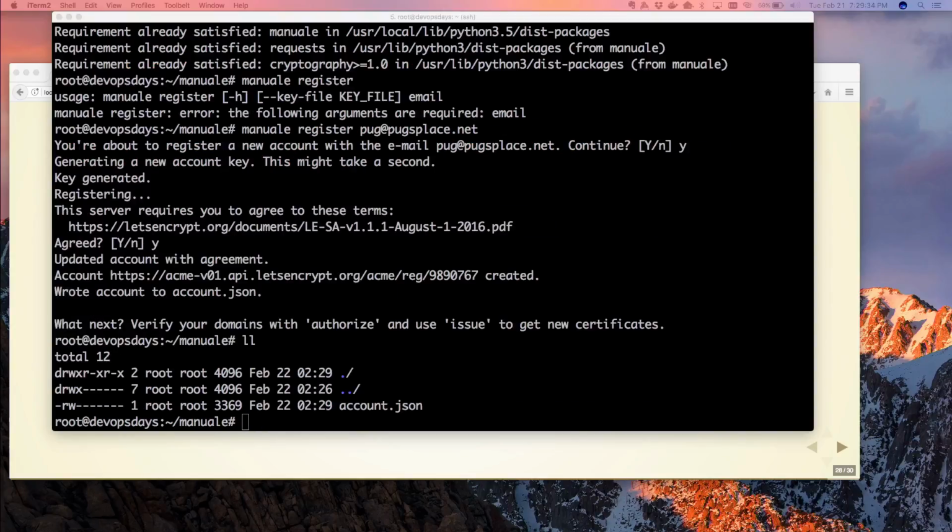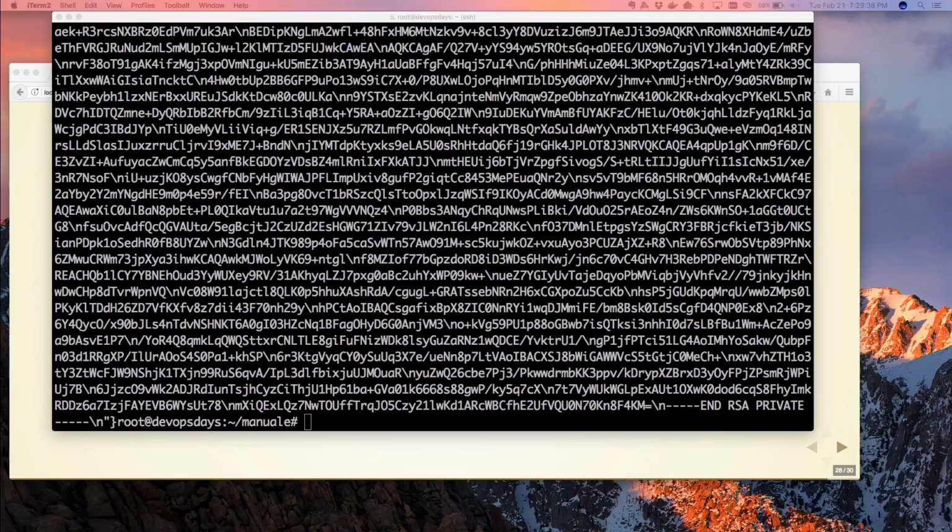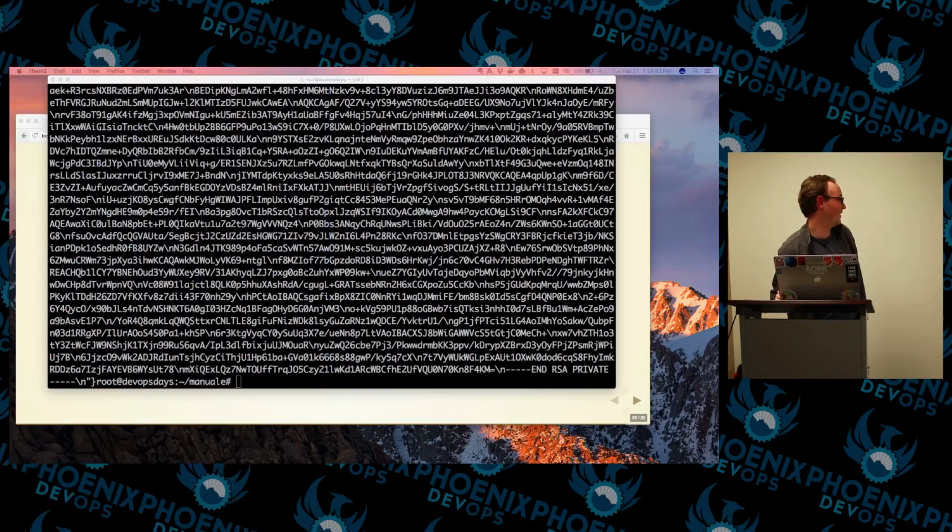In this directory, there's now a thing called account.json, which if we look at it, has account keys and all of that sort of jazz in it. And you can see the end RSA private key tag at the end with the PEM encoded certificate, or key, rather. Actually, I guess it's PKCS7, but whatever. Little of this, little of that. So if we look back at the manual command line,